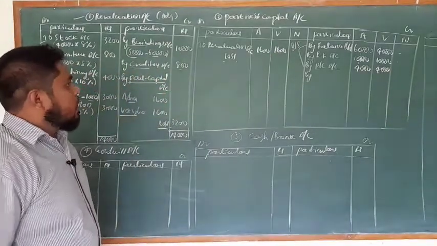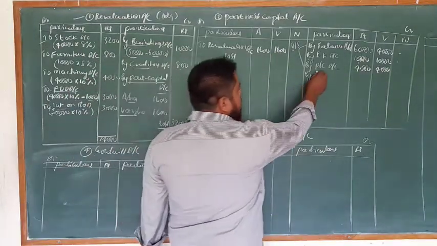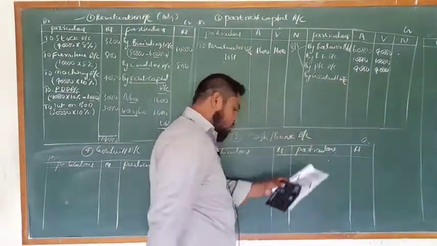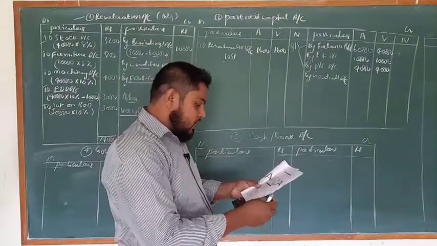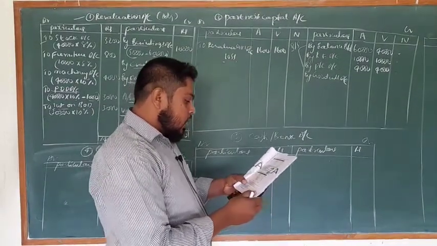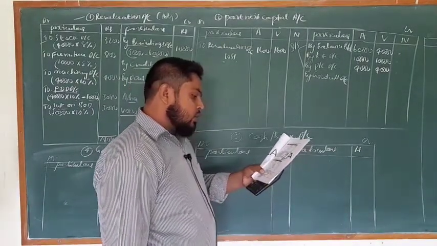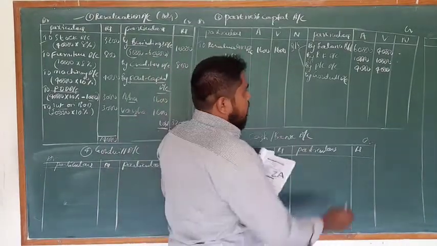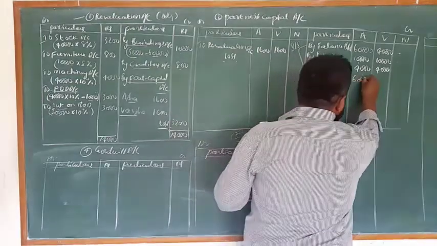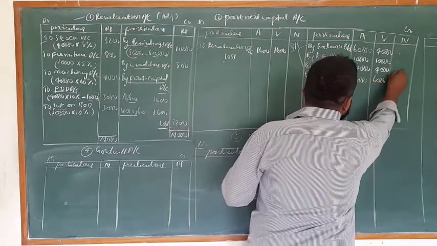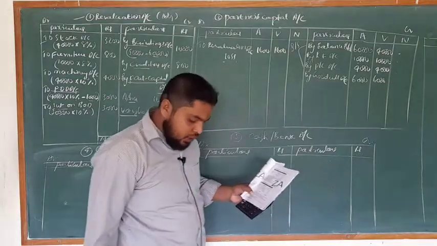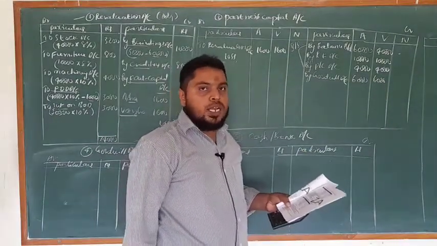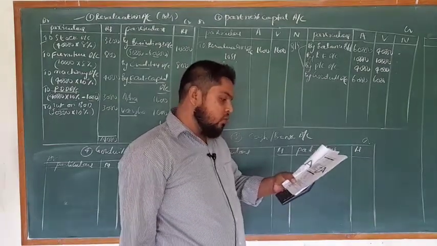Now goodwill. The goodwill adjustment: goodwill brought by the new partner in the form of cash. See the question, goodwill he has brought 12,000. So 6,000, 6,000. The sacrifice ratio is not given. In the absence of a sacrifice ratio, we have to share this goodwill amount in the old ratio itself. So the old ratio is equal here.